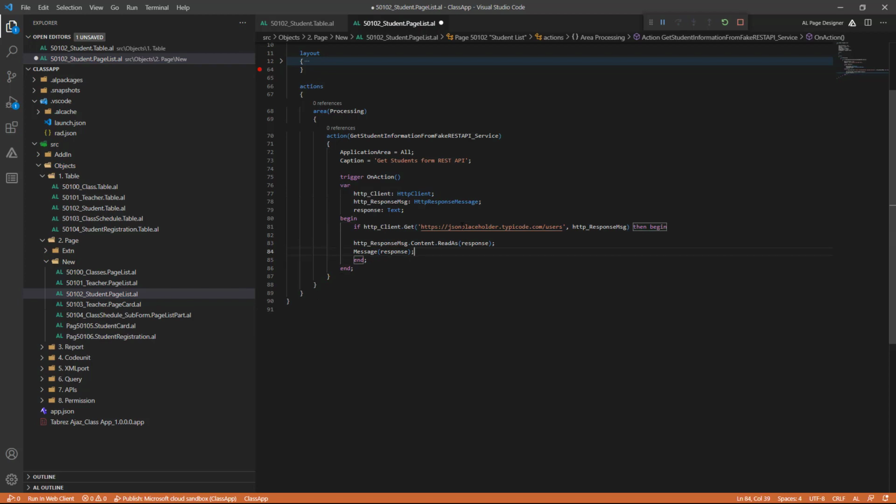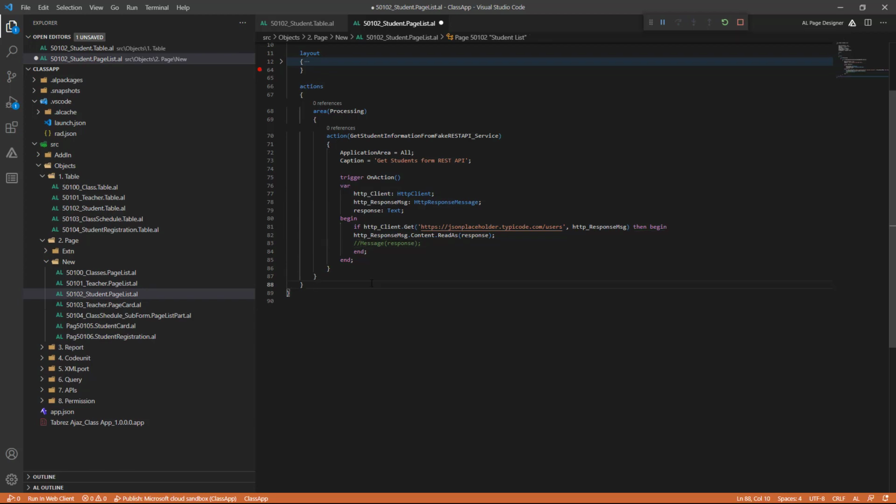Meaning if we have the response, then it goes to this body and tries to read the content of the response, and when we get the response in our response text, after this I want to store the information in